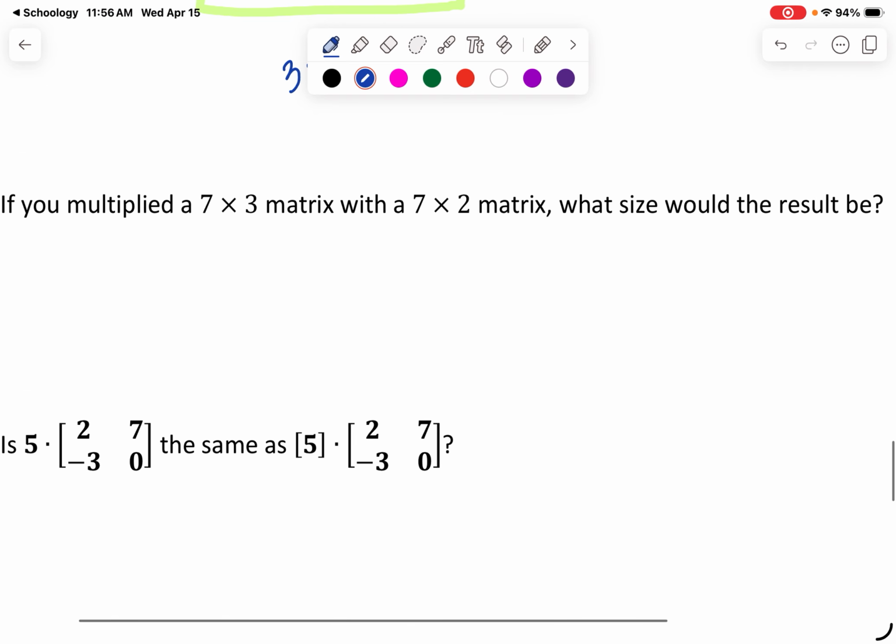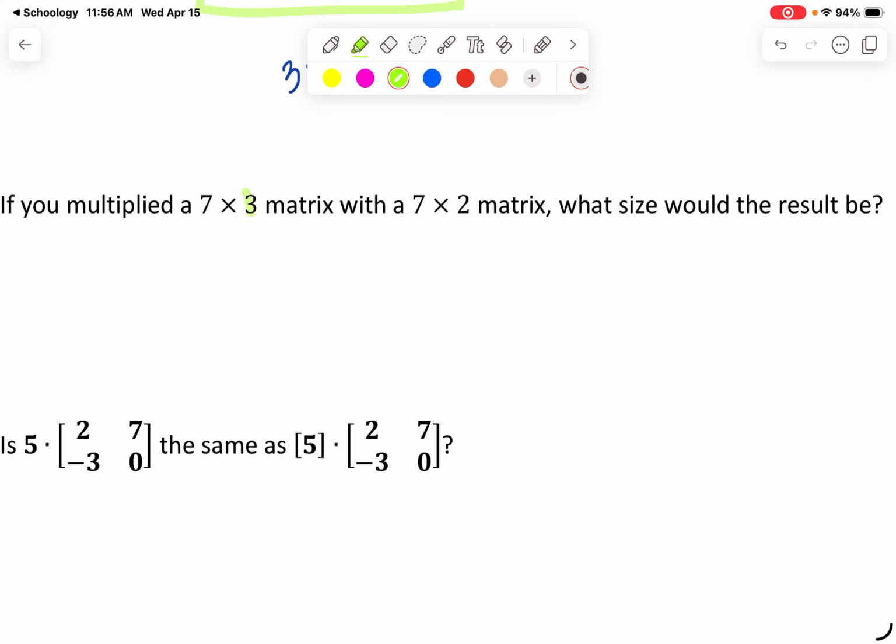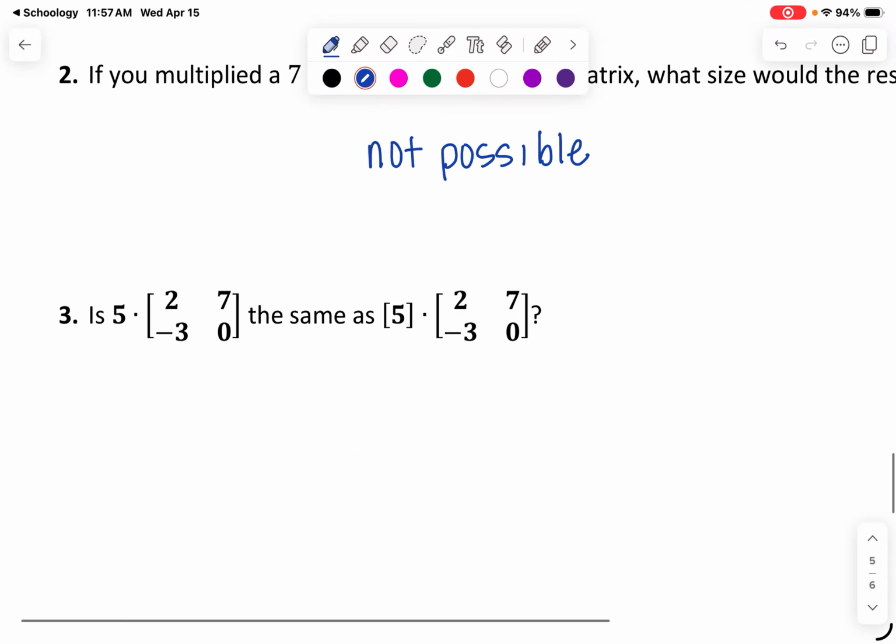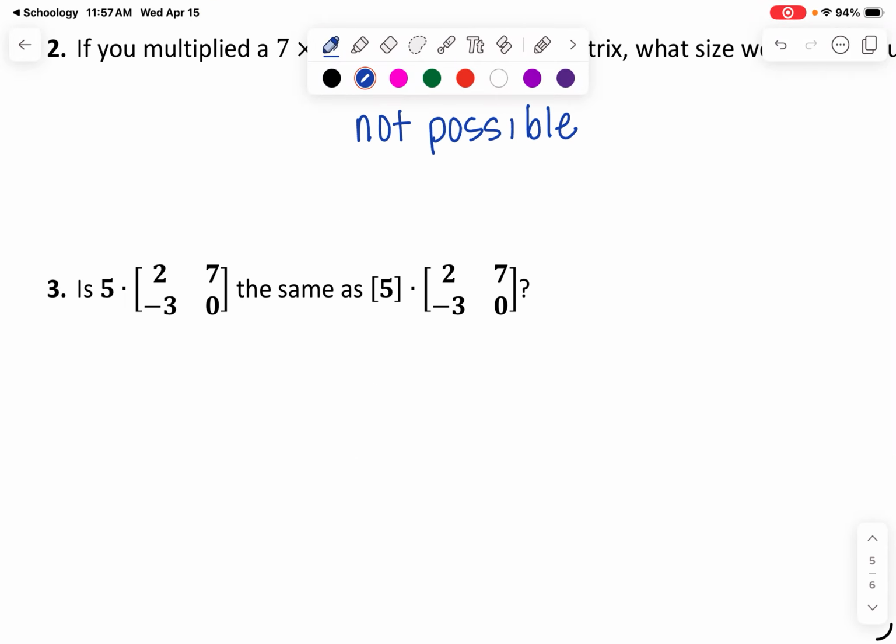Next one, if you multiplied a 7 by 3 by a 7 by 2, what would the resulting matrix be? If you look at this, the inner dimensions don't even match, so you can't. This would not be possible. All right, next it says, is 5 times that matrix the same thing as the matrix 5 times that